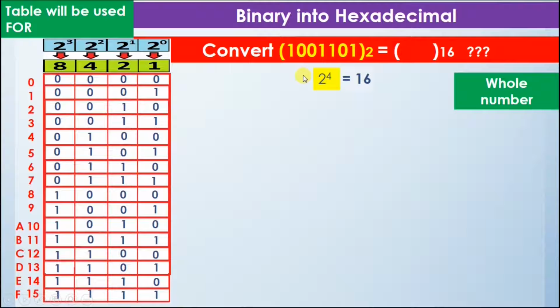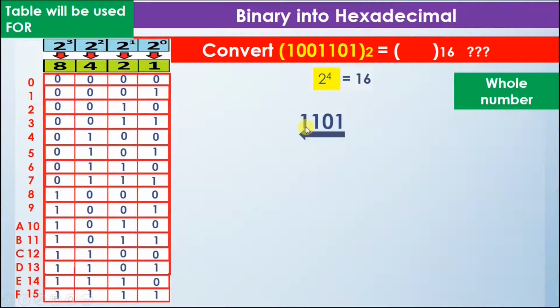As we need 4 bits to represent a hexadecimal number, we will make groups of 4 bits. And we will make the groups while moving away from the decimal point. Remember I told you before that for whole numbers, there is an invisible point towards the right side of the number, and in mathematics we consider that there is a decimal point, but we do not need to mention it. So if we follow the rule that we have to move away from the decimal point, and the invisible decimal point is here, we will move away and make a group of 4 bits.